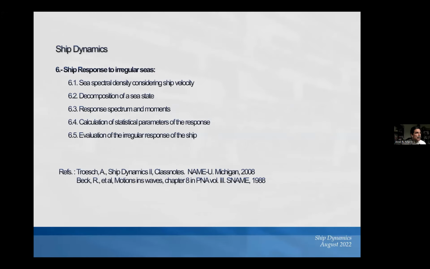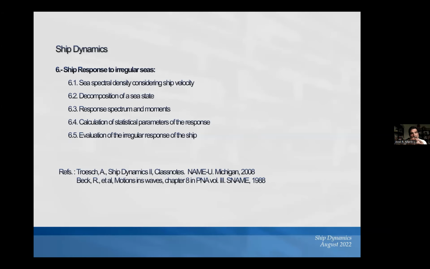So this is chapter 6, and this is the content of this chapter. We're going to say today something about the sea spectral density considering ship velocity. And the problem is that when the ship has a velocity, the encounter frequency changes, right? But the energy